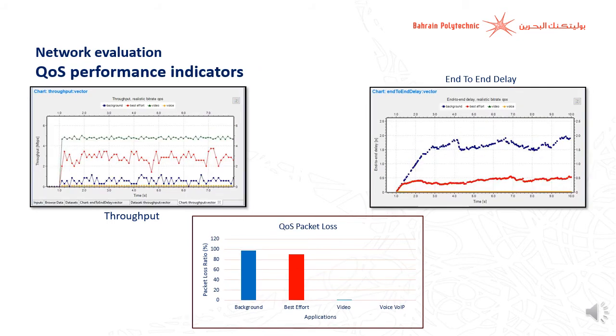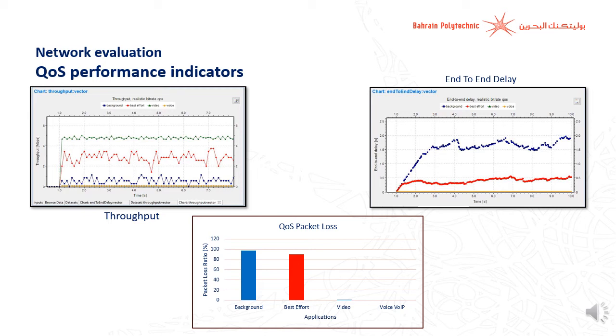On the other hand, quality of service performance indicators are much more organized, since quality of service gives higher priority to voice and video traffic, which are sensitive to packet loss and need to be delivered as fast as possible. So the end-to-end delay graph shows that video and voice have much lower delay because they have higher priority than background and best effort. And the throughput graph also shows that video and voice have the advantage over the lower